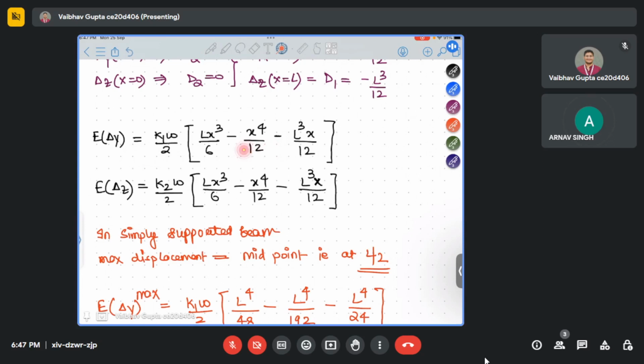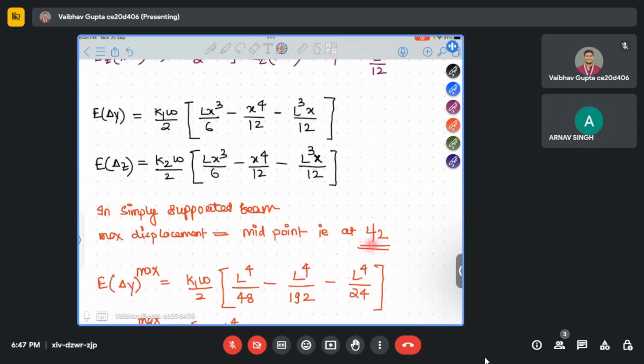So now maximum displacement we will get at L by 2 location. So I am putting x as L by 2. L by 2 is the location. If they ask you what is the location, it is L by 2. If they ask you what is the maximum displacement, you have to put this L by 2 in this expression,